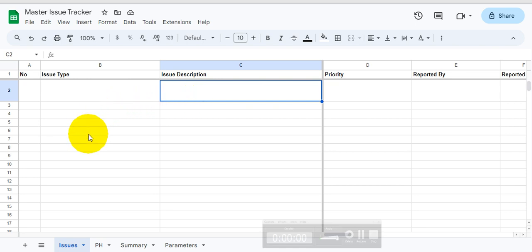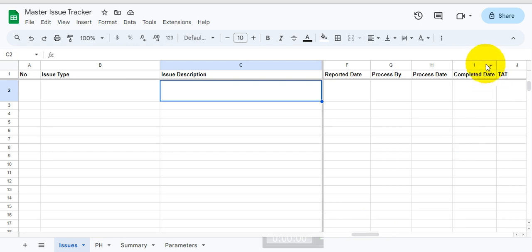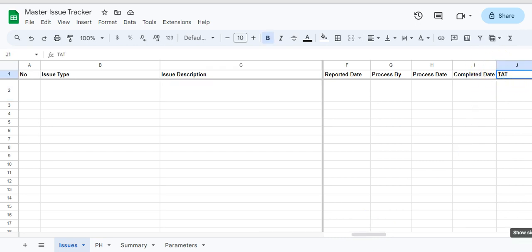So today's topic will be a continuation of the master issue tracker. So we'll come to part 2, and in part 1 I didn't add anything over here. In part 2 I added one more very important thing, which is turnaround time, or what we call TAT. Okay, so in this TAT